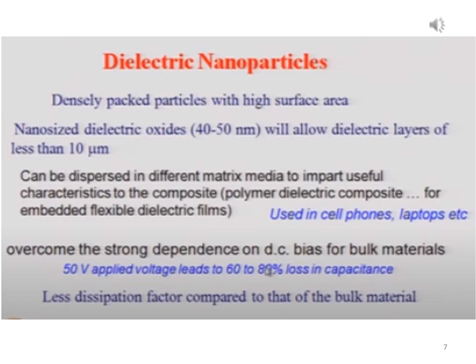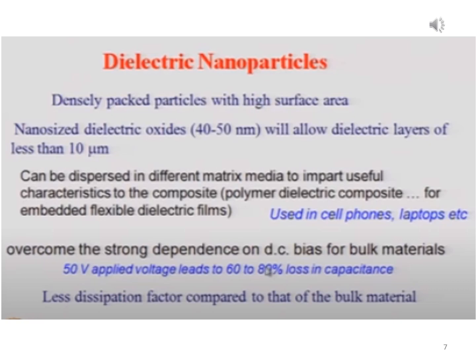If you can reduce these dielectric oxide nanoparticles to the nanometer size, then you can think of making dielectric layers with less thickness, and that will be very advantageous by making the final size of the chip very small. The other property which is of importance, why we should go for nanoparticles of these dielectric materials,